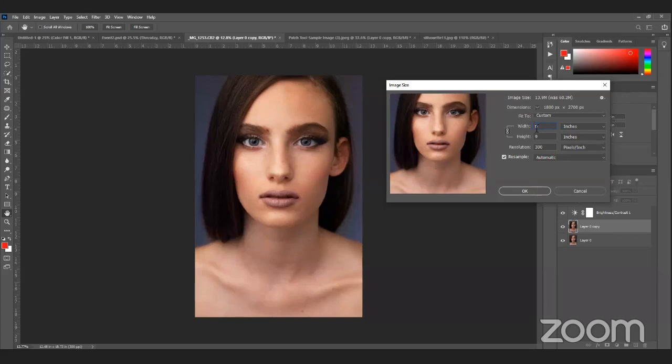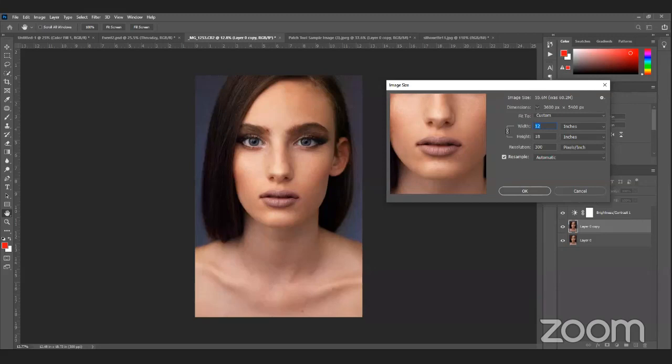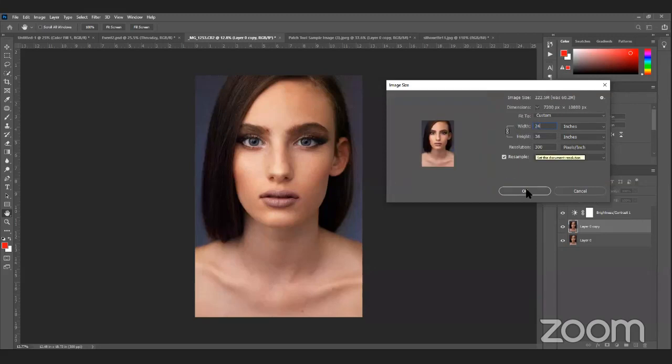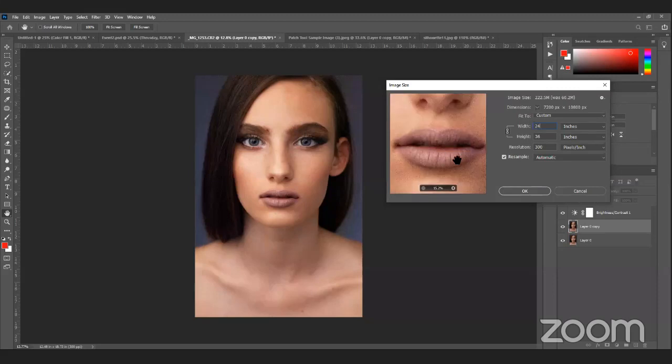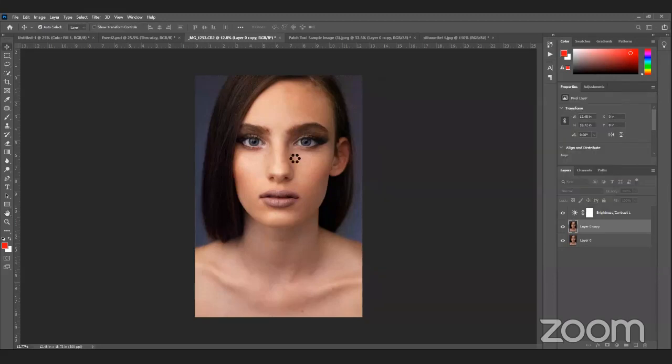Anyway, I can increase it. It was 12 and I can increase it to 24 and then hit OK. But again it depends on what type of machine you are using. If I've done it to 24 inches, now you can see the spinning wheel is there, and it is increasing.